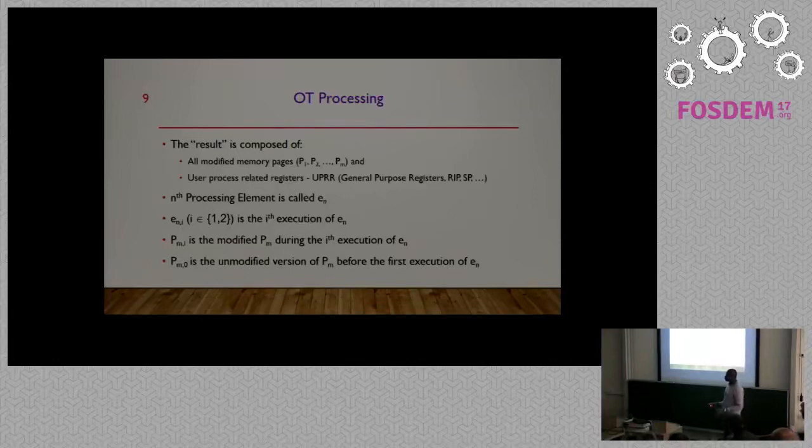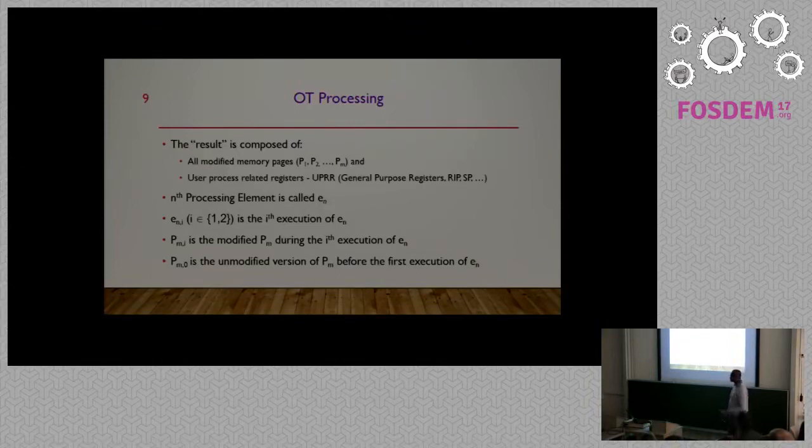So if the process modifies 3 pages, we have to compare the content of these 3 memory pages and see if they are the same. The same thing applies to the registers that the process may have modified. So we also have to compare all the